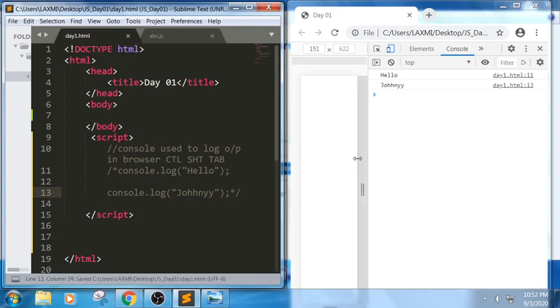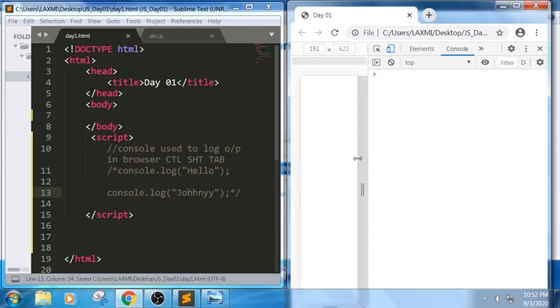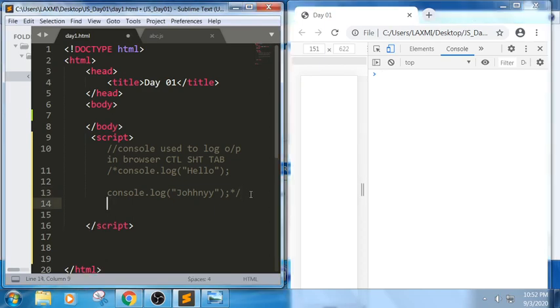See here, now this code will not be executed, in the sense it just treats it as a comment. It is used to highlight some text, and it is used for readability purposes. We can use these comments. Comments are used in two ways. The first one is single line comments.